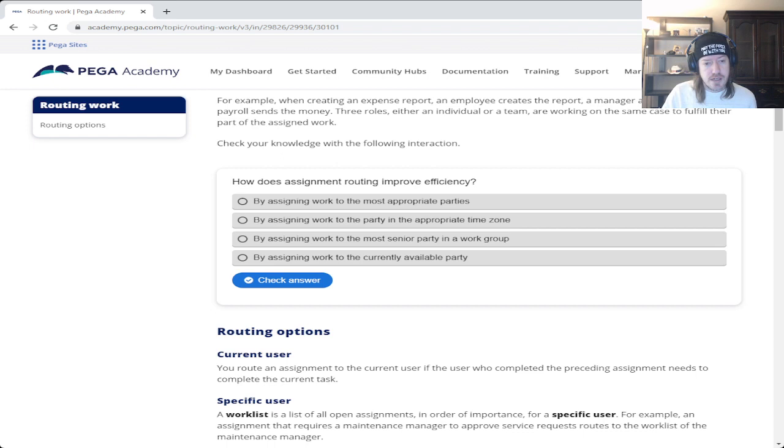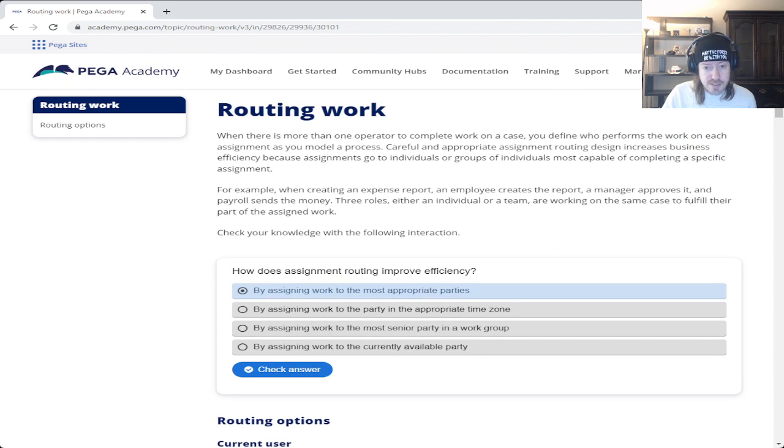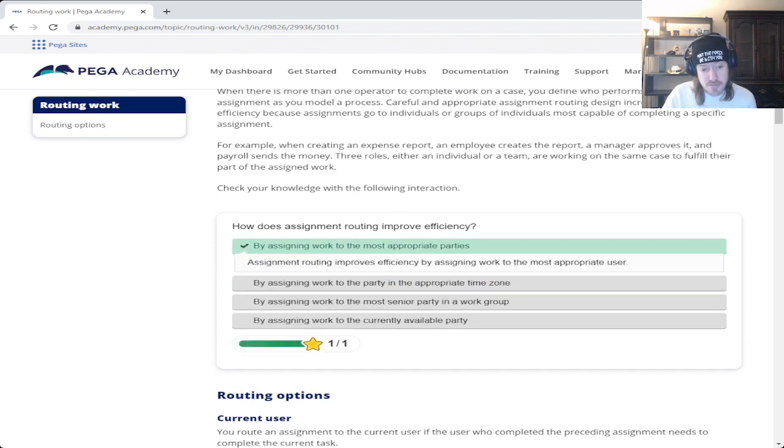So technically, it's most likely this one. But here's the thing: the appropriate time zone might also be effective as well, because it's by assigning work to the party.